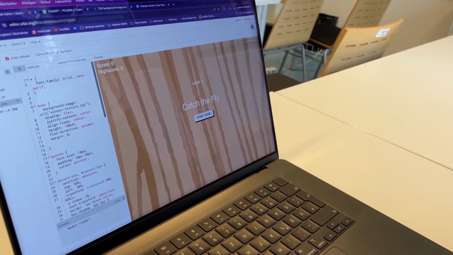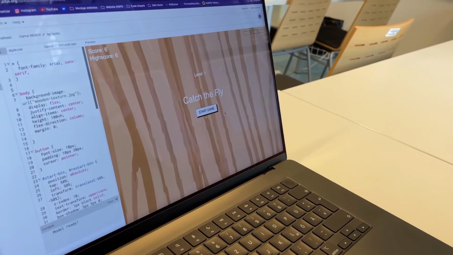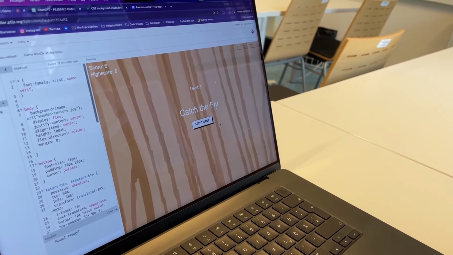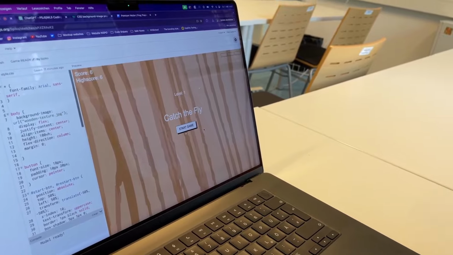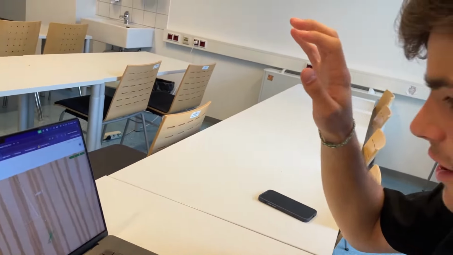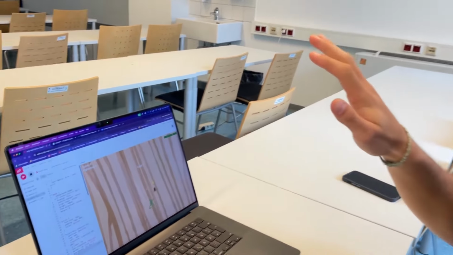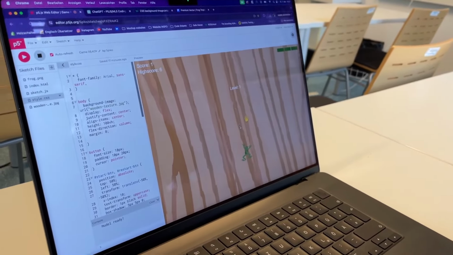Cool. Okay, now I will present to you my game, which I built the last 3 days. It's called Catch the Fly, and it's a very basic interaction with my hand and the camera. When I start the game, my hand movement gets tracked, and if I move my hand above the fly, I